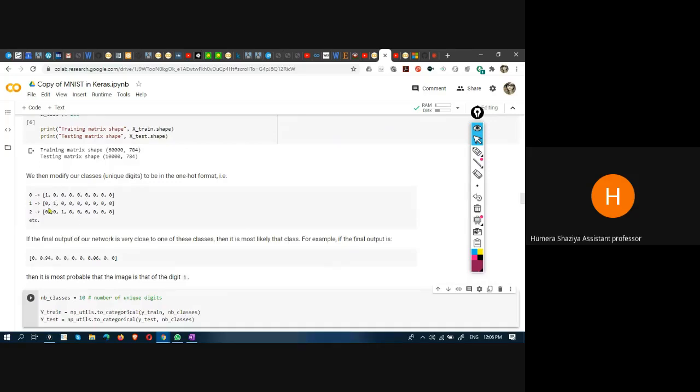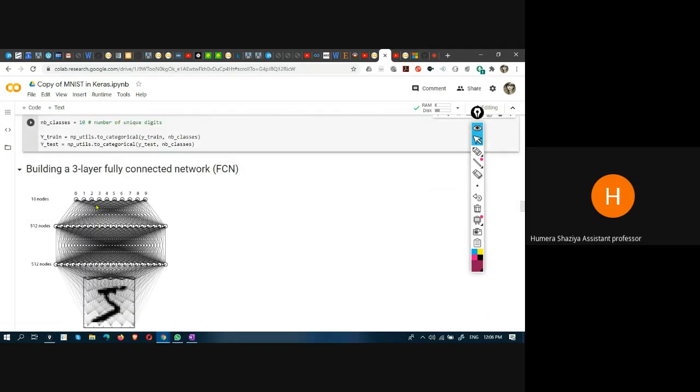And one hot encoding. Here you see for 0, one hot encoding implies that 0 will get a value 1, and all the other digits will get a value 0. So that is one hot encoding, performed by using to_categorical from np_utils. We imported np_utils. That np_utils has a function to underscore categorical. This function is used to,